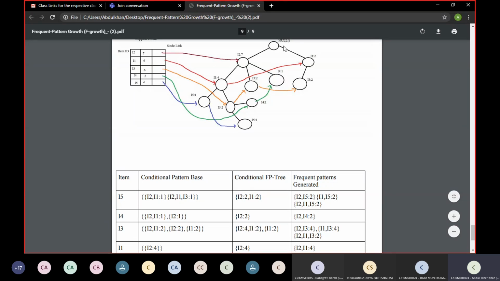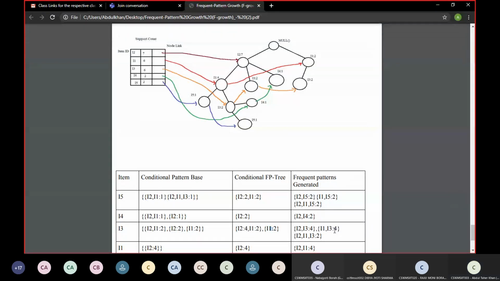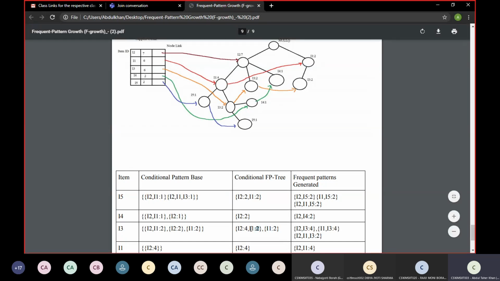But here while joining, I2 first comes, then we have to go to I3 joining, then we will write 4, right? But here we'll join them, means I will join I1, we'll combine them here in the frequent pattern generator, means it will be 4. Next we simply go to I2 I1 I3, that is 2. Here the minimum count, I2 has 4 and I1 has 2, right? So we take the minimum, means that 2.